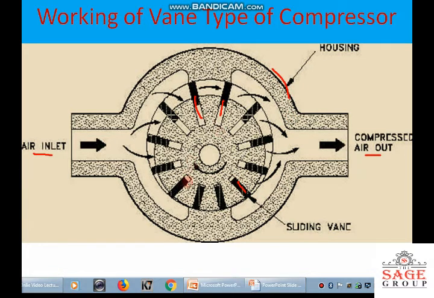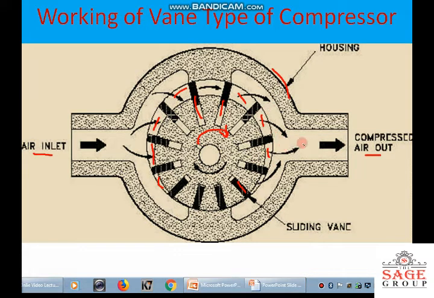How is it compressing the air? So we are seeing that this space is increasing between these vanes. When this rotor rotates in the clockwise direction, what will happen? The air is sucked in these portions and will completely fill this space up to this segment, and after completely filling this space, when the air moves through these portions, we see that the volume is decreasing. Because of the decrease in volume, the compression of the air will start in this portion.